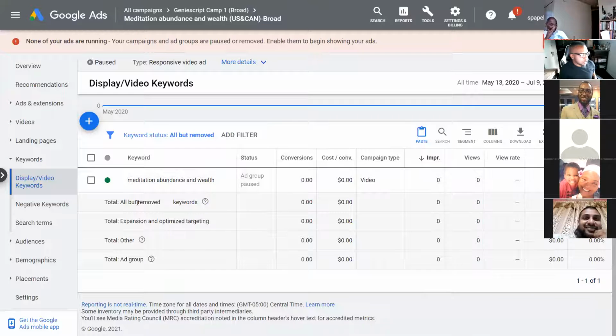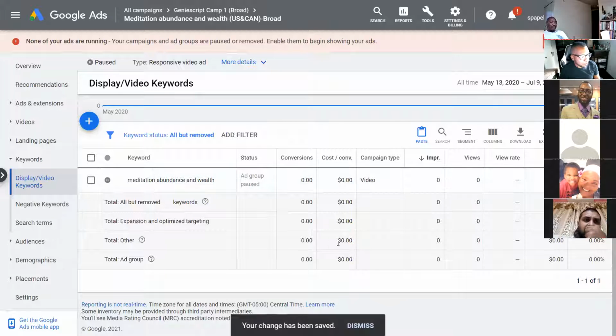All right, great. So meditation, abundance, and wealth. If this keyword spends $50 and I get no sales, then this keyword needs to be paused. It doesn't need to spend any more money, okay? Then I need to